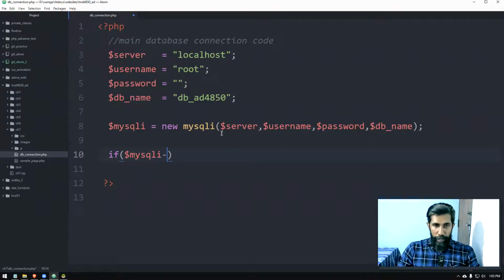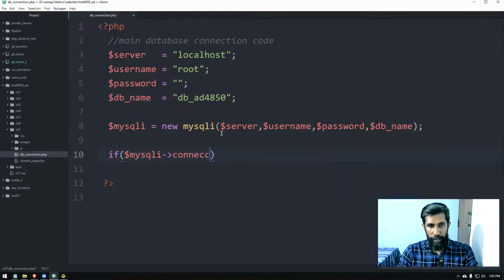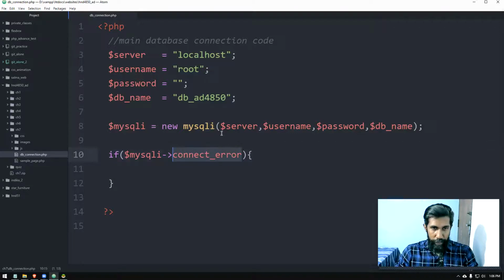So if you want to refer to an object, property, or a function, this is the way to do that. There is a property called connect_error. So what happens is when you put the connect error there, by the time you are trying to connect to the server, if something goes wrong, this property will have a true value.